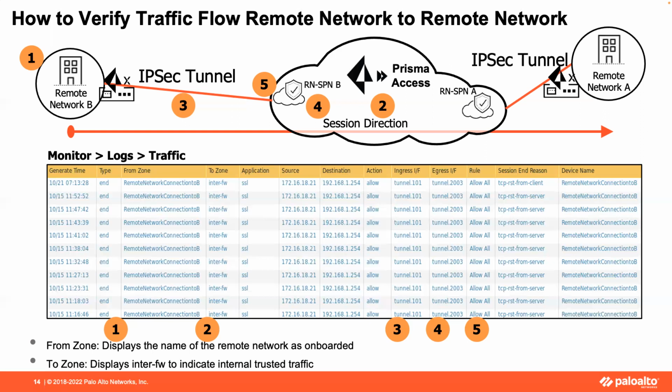If you look at the things, those are normal session end reasons. But what I want to bring your attention to is the fact that the source and destination IP addresses, and the tunnel numbers, which you do not assign, but Prisma Access assigns to you, become the way you determine what your destination is. This is weird and different, but very important to understand. If there are questions about any of this,